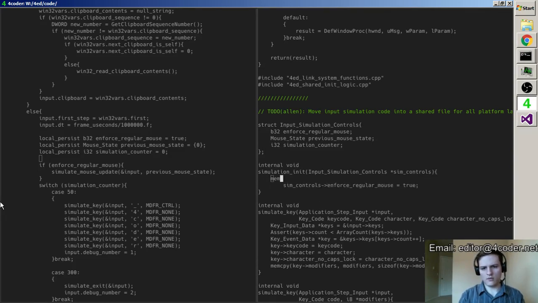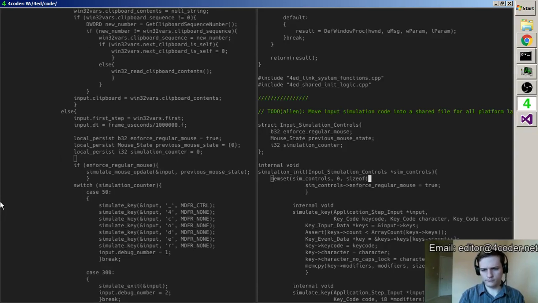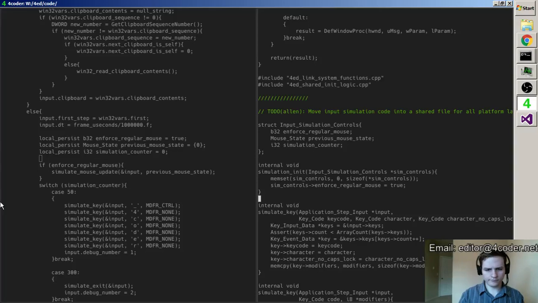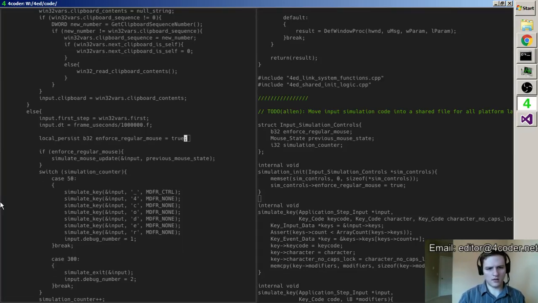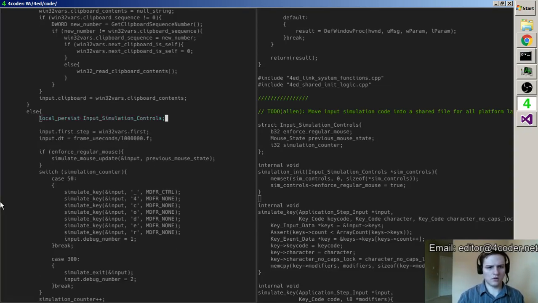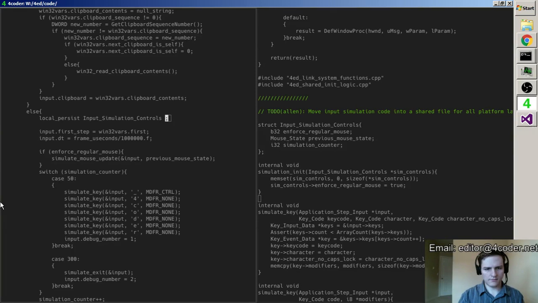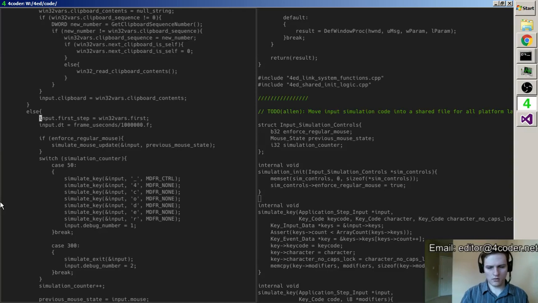And other than that, we're going to memset the sim controls to 0. And so now this can just say input simulation controls. Well, that's not actually going to work, is it? Let's see here.